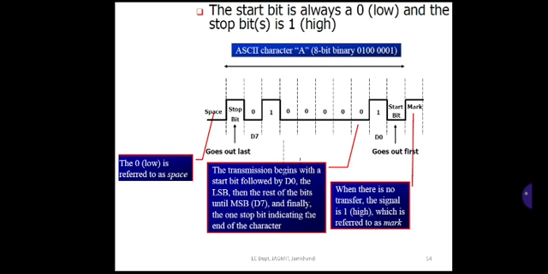For example, look at the example in the figure, in which the ASCII character A is represented as 41H in ASCII. Its 8-bit binary value is 01000001. This is going to be framed between the start bit and a single stop bit. We are considering only a single stop bit here. We are not considering 2 stop bits. You can also consider 2 stop bits, but in this example it is considered as a single stop bit.